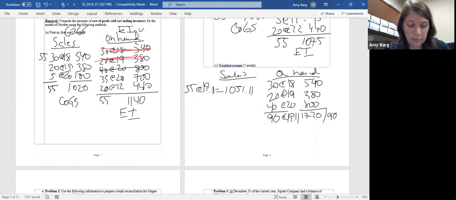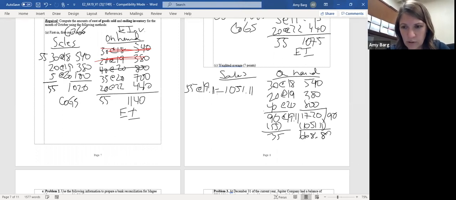So now when we purchase more stuff, we have all those units left, but we sold 55 of them. So we're going to take out the 55 that we sold, and we're going to take out the $10.51.11 that we sold, so that we know that we only have 35 left worth $668.89. But those 35 units are still $19.11. That hasn't changed. And then when we add more to it, when we add the last 20 at 22